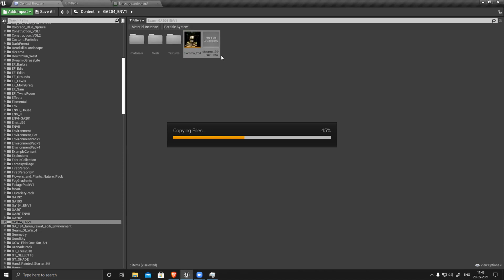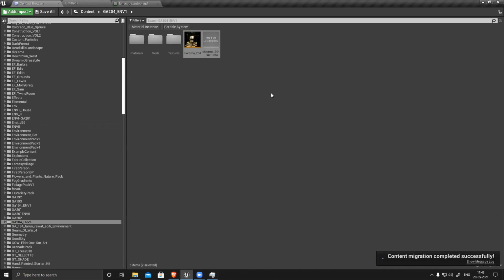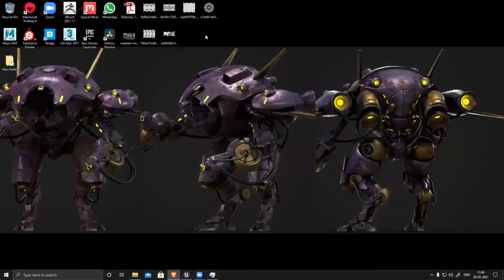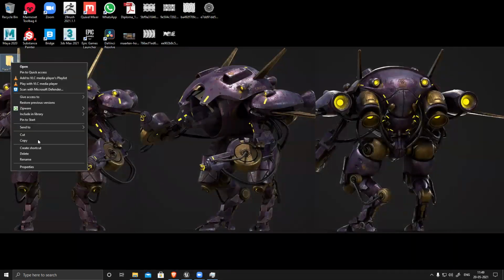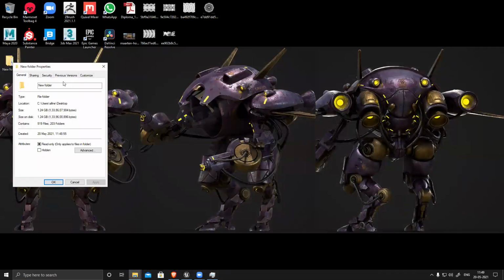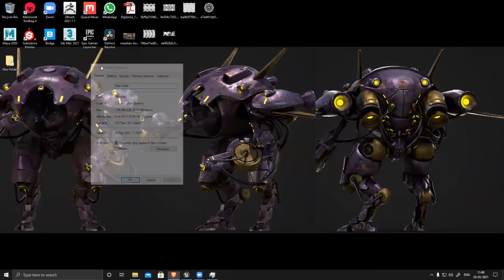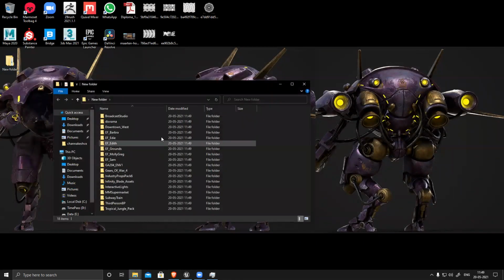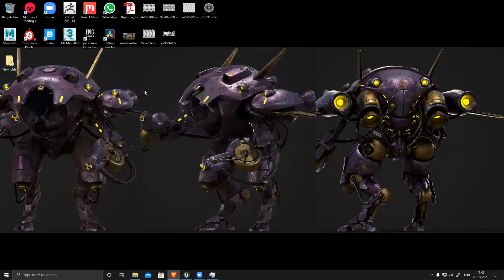Just that. Okay, sir. Otherwise your project must be 1 point some GB. Let's see, if I go to the desktop, this is again 1 point something GB, because I am using a lot of assets there. It will show whatever you have used in that particular scene. Then you just send me this folder. That's it.